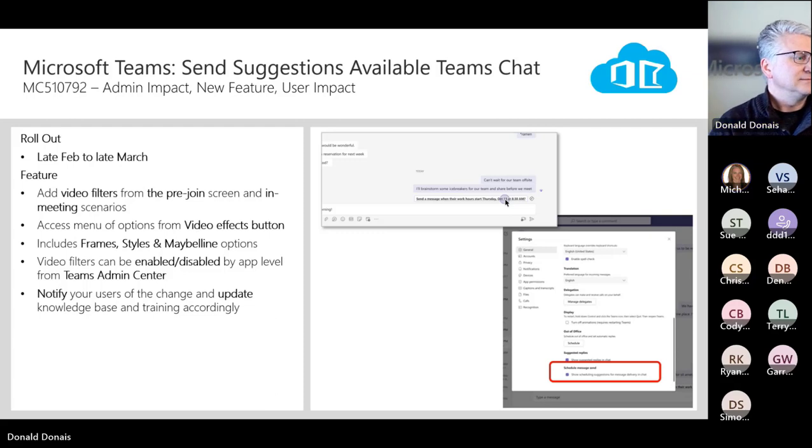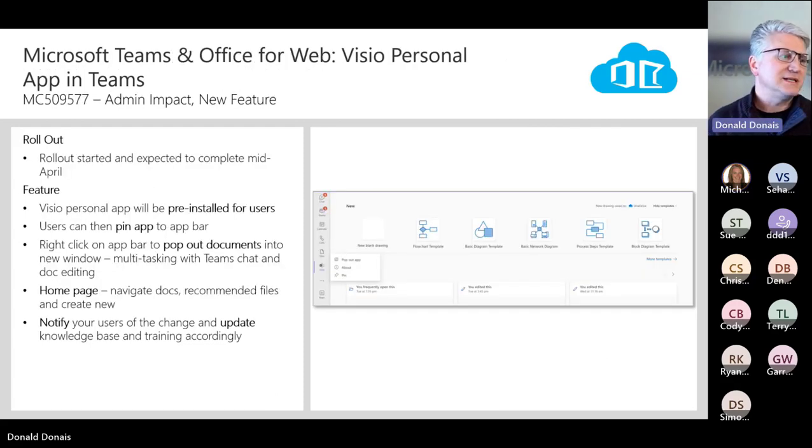All right. Next one, Teams and Office for Web, Visio personal app in Teams. And I know this one is going to come with, well, do you have to have Visio licenses? I don't know all the specifics on this one, but if you do have some licenses and you have access to the Visio personal app in general, the web app, now it's available in Teams as a separate app that